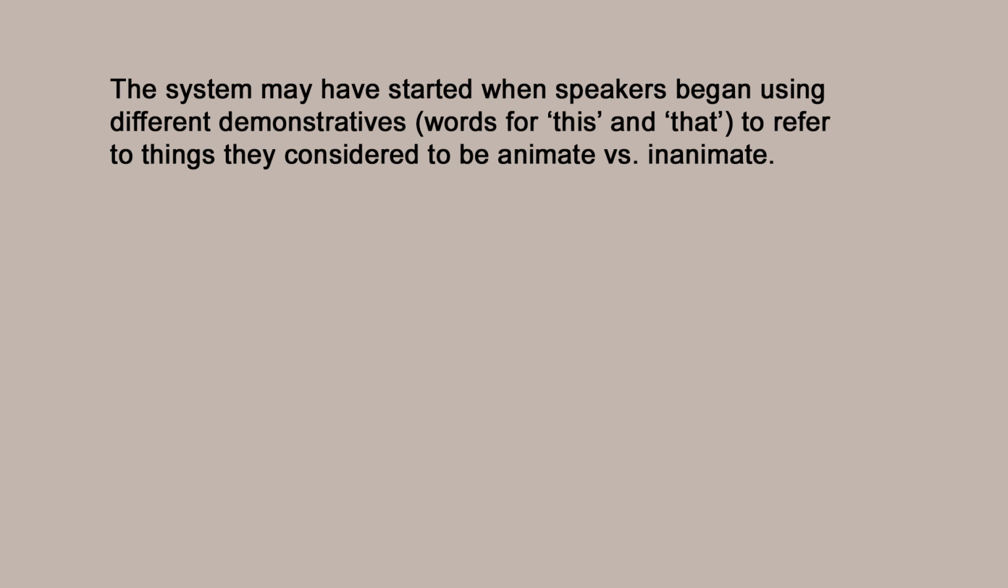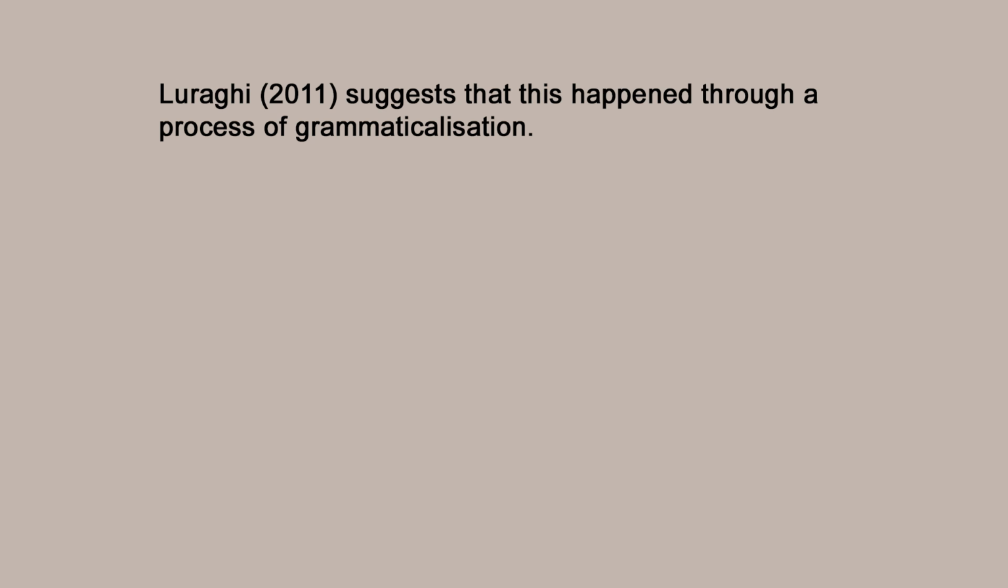And it's not exactly clear where they drew the line between animate things and inanimate things, but in Hittite some words could take either gender, so maybe the line was fairly fuzzy. But how and why did they start making this grammatical distinction between animate and inanimate? The author of this paper suggests that this happened through a common process called grammaticalization, and this is where something